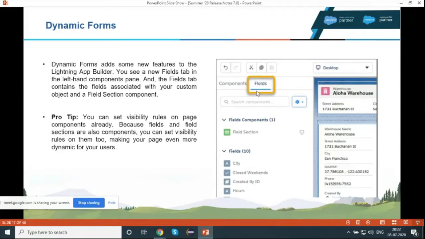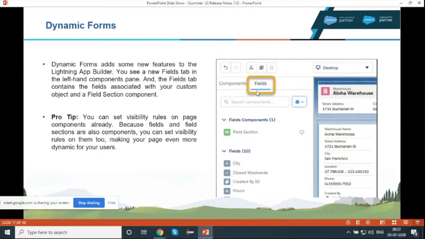You can see in the example in the screenshot, as soon as you enable dynamic forms, you will see the fields section on the Lightning page. In the fields section, you will have all the fields. You just need to drag a field and drop it on the layout page. As soon as you drop it on the page, it becomes a section. You can create a custom section also, like in the page layouts. When you create a section, it will ask the same question: do you want a one column section or a two column section?